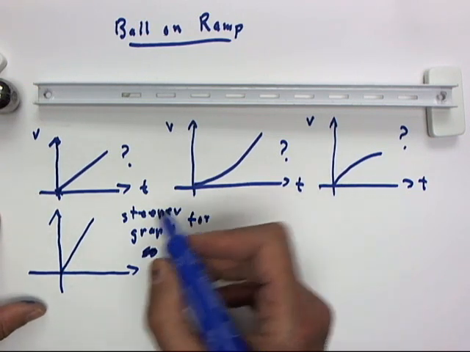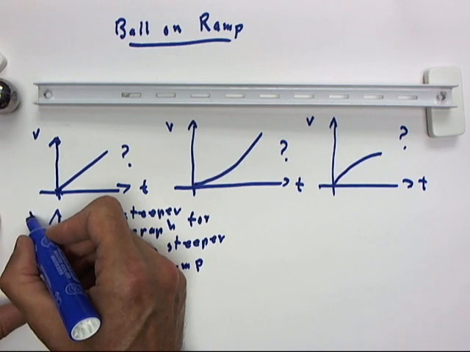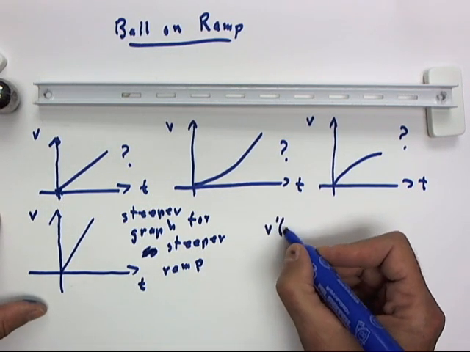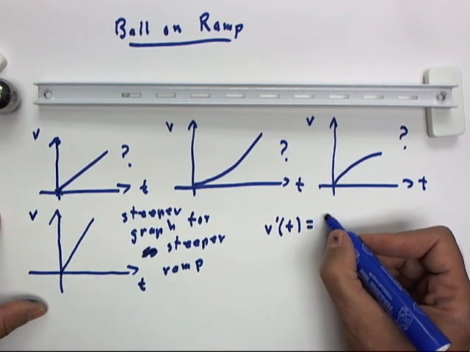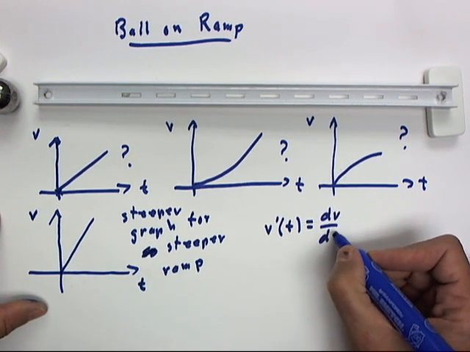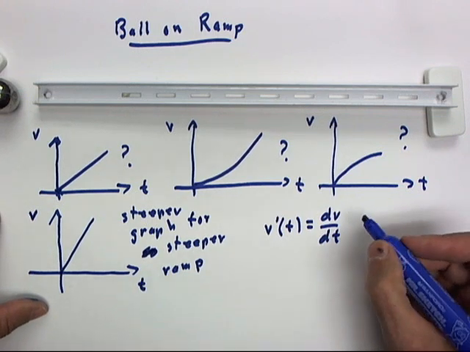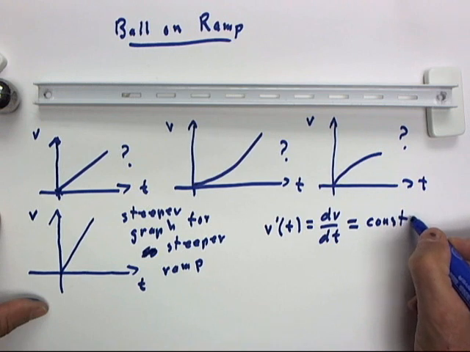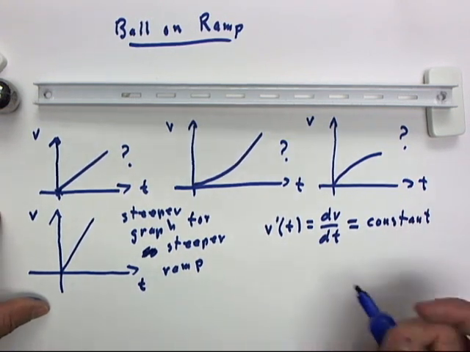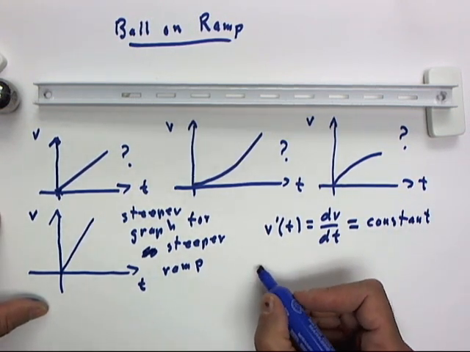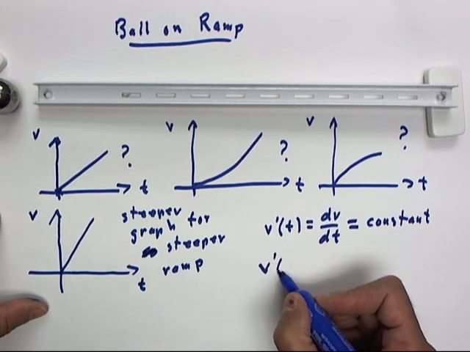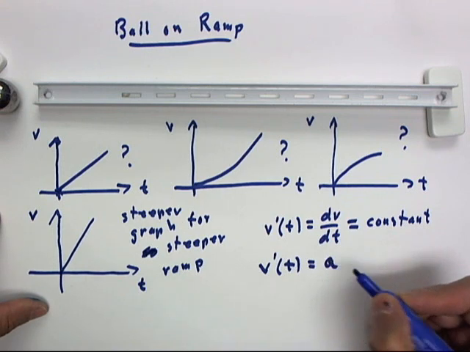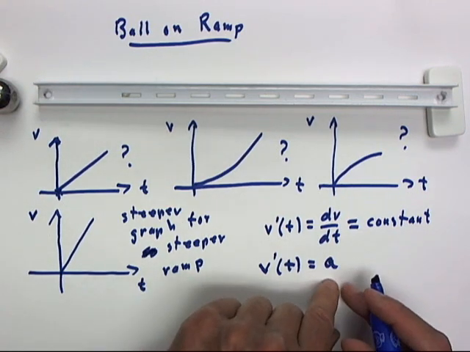Now, if this is the case, if our slope is constant, then that means that our derivative of v, which can be written as v prime of t or dv/dt, is constant. If we let this constant be a, and that's going to stand for acceleration, because this is actually the definition of acceleration. If we let v prime equal a, which we